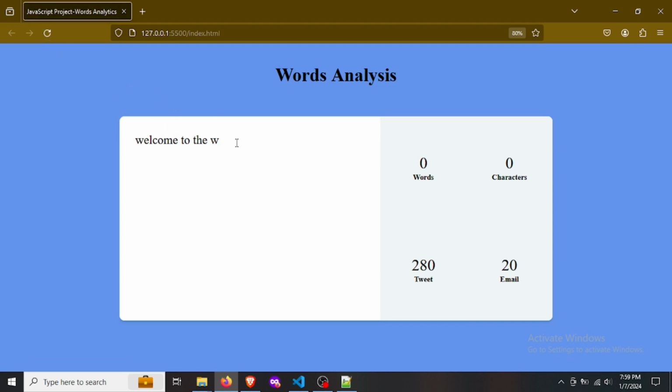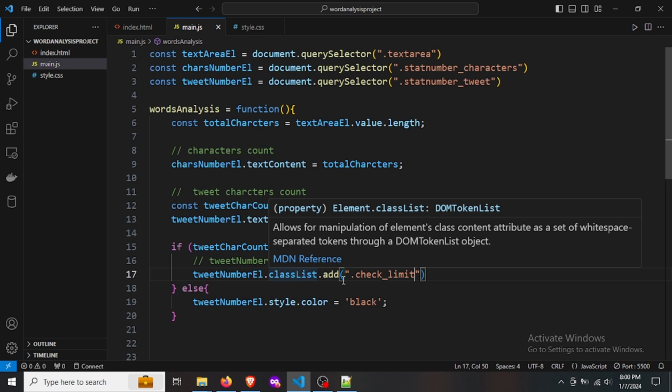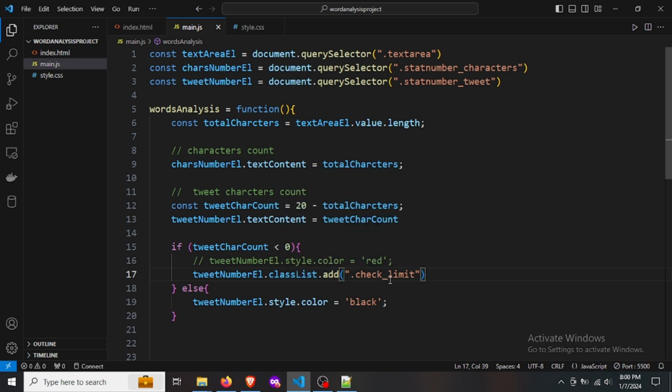So now see, welcome to the world of, okay, it is not doing anything. JavaScript is wonderful. No, it is not changing. So we are adding this class here in the element. So this element is here, class list, add this class, or maybe I have to remove this. Check limit is here,